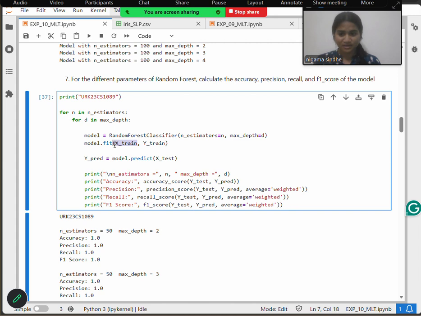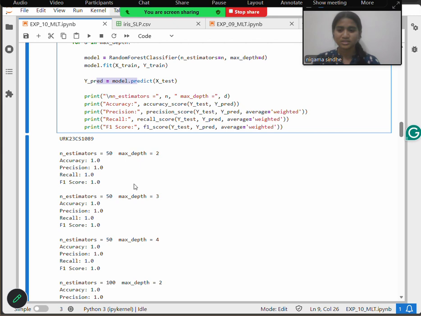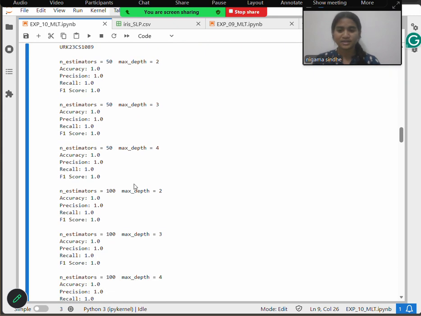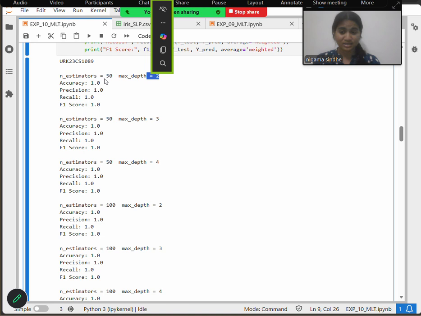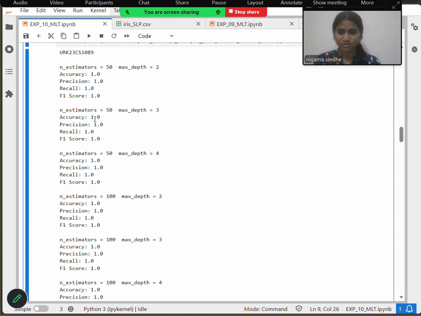After every x train and y train, it is going to fit into the model and predict. This loop iterates from 50 to 100 and to the depth of 2, 3 and 4, which is the 2 to 4 range. So each time this loop iterates, the tree goes to the depth of 2, 3 and then 4. Once after this, this is an output predicted by a random forest classifier at the estimator of 50 and the depth of 2. This is the accuracy and precision we would get.